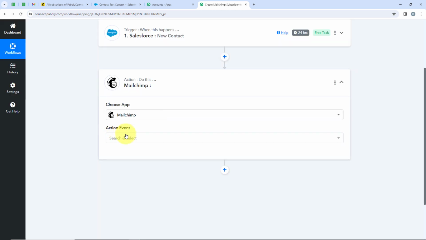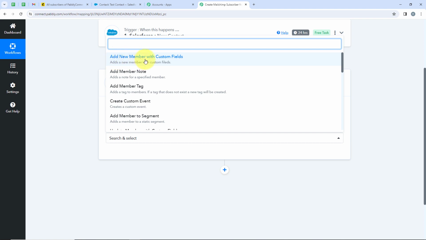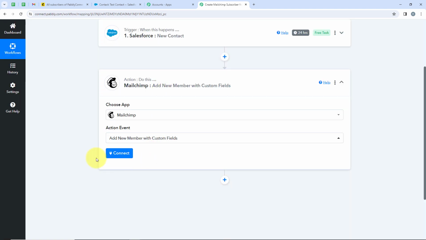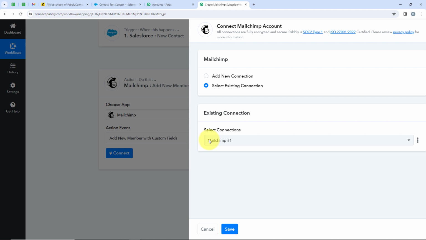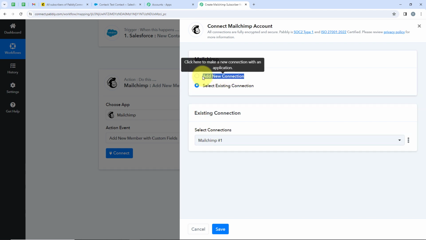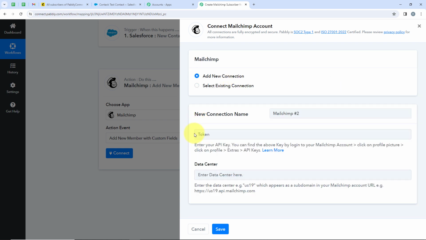And for the action event, I'm going to select add new member with custom fields. And then I'm going to click on connect. And again, it is asking me to add a new connection or select the existing connection. So if you have connected your Mailchimp account with your Pabbly's workflow, you can click on select existing connection. But I'm going to click on add a new connection, and then it is asking me the token and the